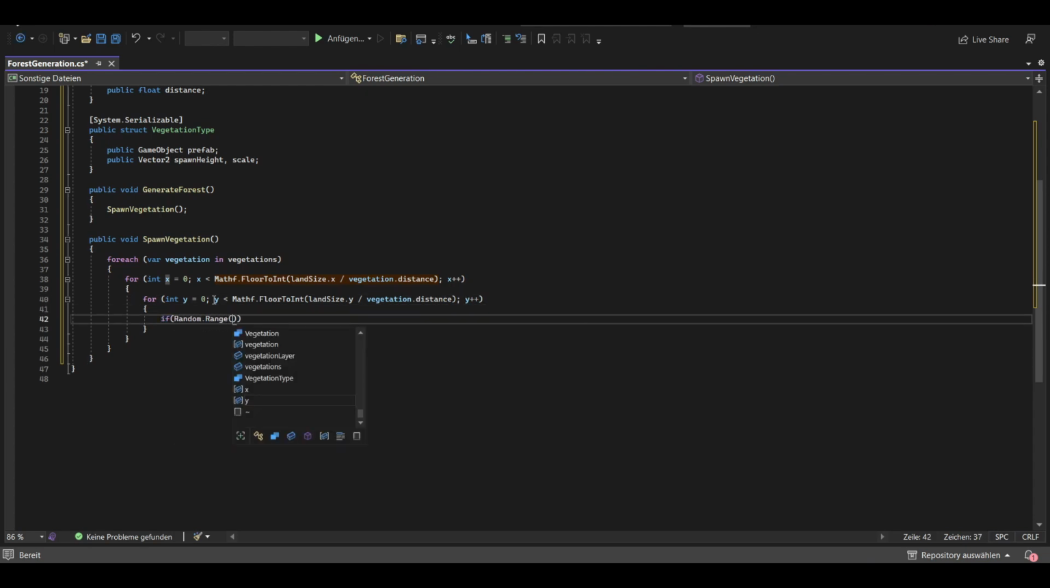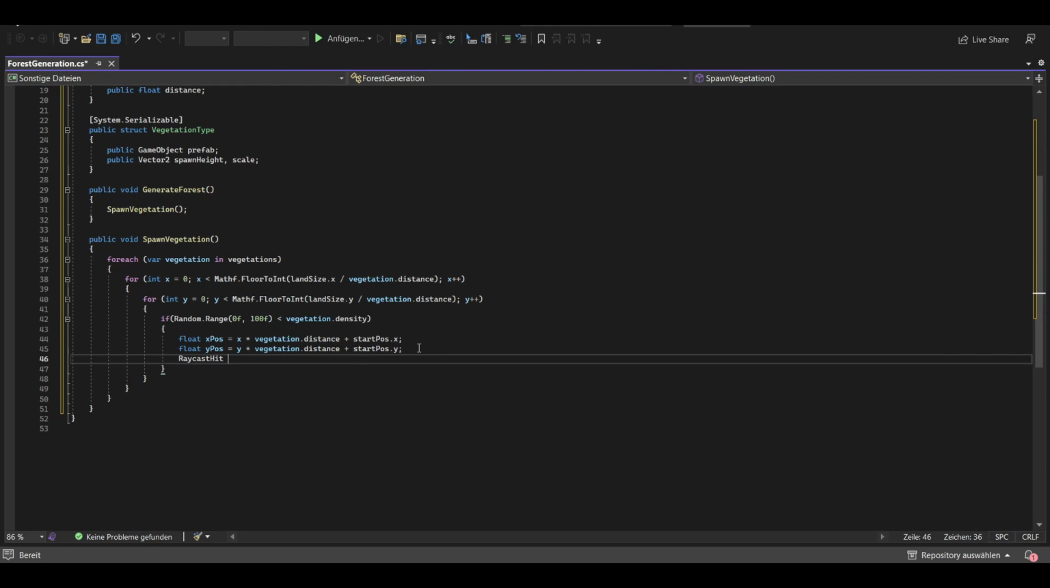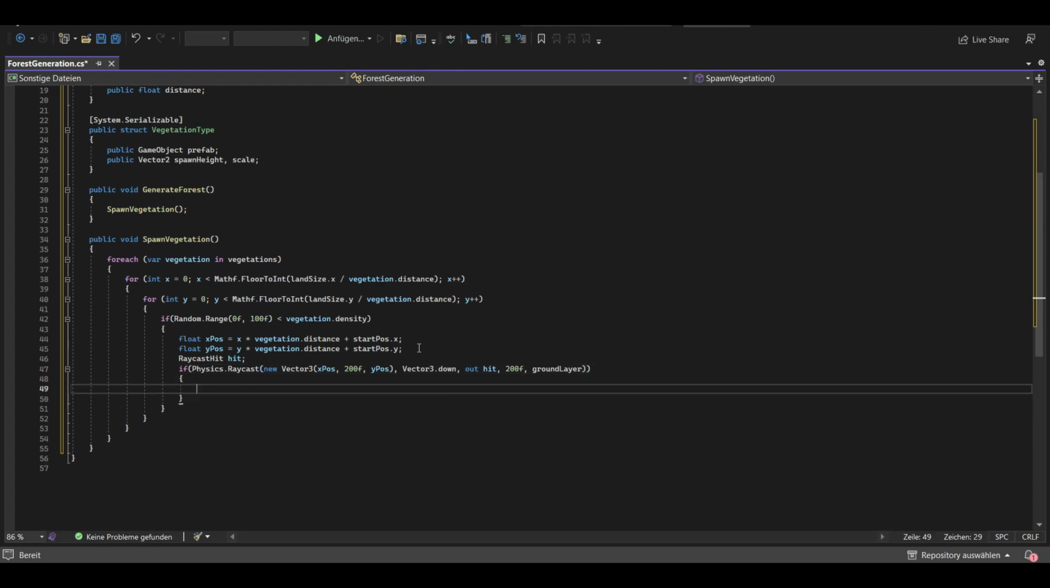If a random number between 0 and 100 is smaller than the density, we will continue by setting the x position to x times distance plus start position, and copy it for y as well. After that, we will check if a ray at the x and y position will hit the ground. If it does, we will do another check,